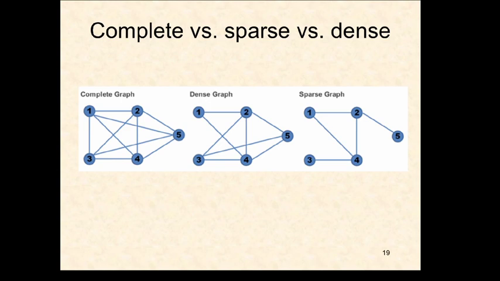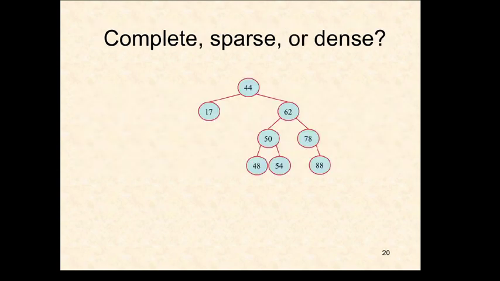Okay, so in this graph, again, there's no hard and fast rule about where we draw the line between them. But when the number of edges is close to v squared, definitely dense, close to v, definitely sparse. Now in this graph, since there are edges that we could have drawn that we didn't, it can't be complete. Since the number of edges here,